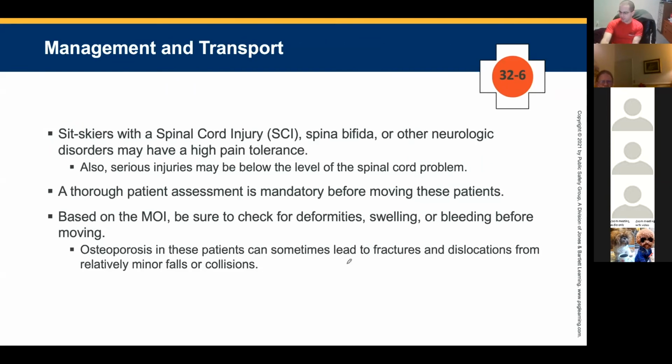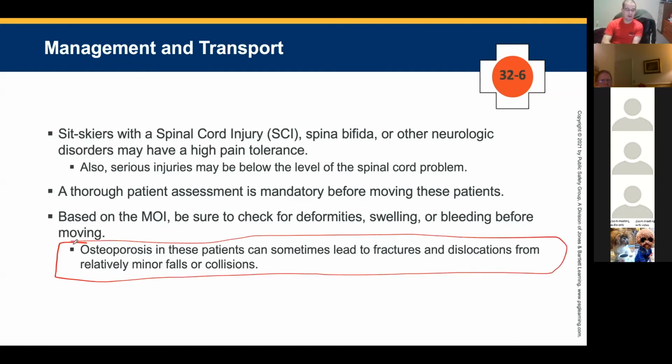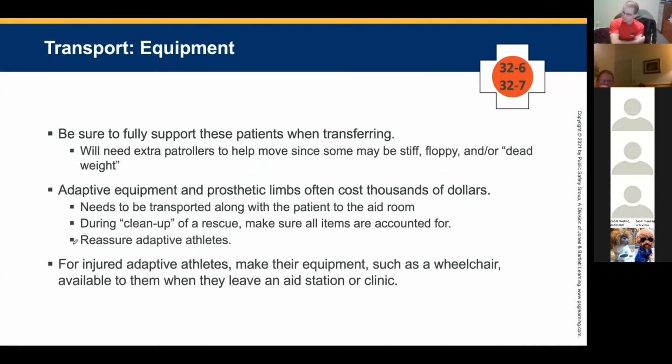Osteoporosis in these patients can sometimes lead to fractures and dislocations from relatively minor falls or collisions, which we learned about earlier. A very simple fall broke the leg of my 23-year-old girl. So we want to be sure to fully support these patients when transferring. We'll need extra patrollers to help move them, since some of these patients can be stiff or floppy, or, like somebody said earlier, simply dead weight. So we want to make sure we are lifting them